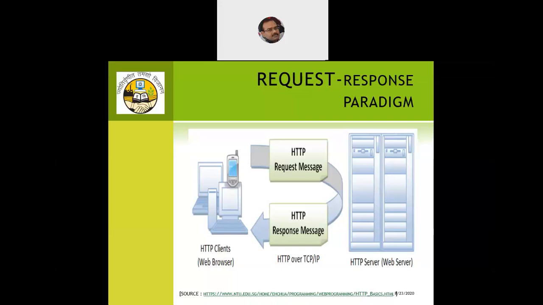If you look at traditional desktop machines, if you have ever seen the motherboards, they have a PCI slot, peripheral component interconnect slot. These PCI slots used to have the NIC card integrated with them. And nowadays also, every laptop and every device that is going to be a part of the web must have a NIC card attached to it. And this NIC card will have a unique 48-bit number, and that number will be unique worldwide. No other machine can have a NIC card with the same number as your machine.